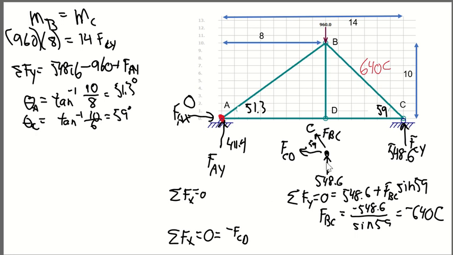This was going into positive Y. This is going into positive Y. This is going to negative X. Now, because it's compression, it is not going to be a negative 640 in that same direction. Or I could have changed the direction of the arrow and made it positive. You'll see when I get to my number here. So this is going to be negative FCD, and this is the tricky part. Let's write this out first. I know that number. This is now F cosine of